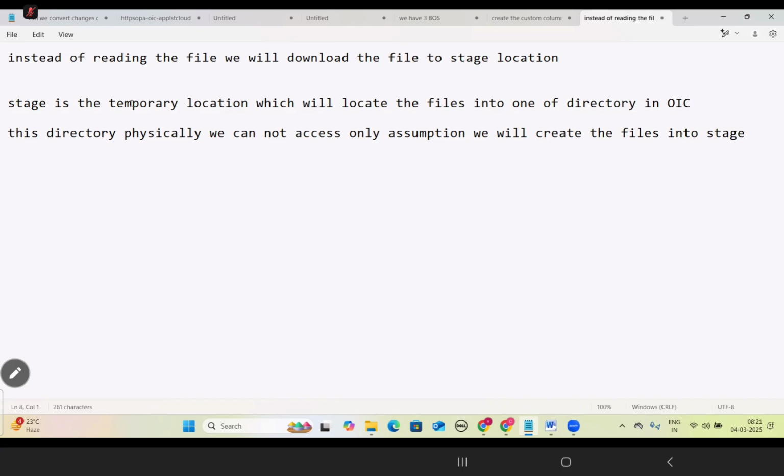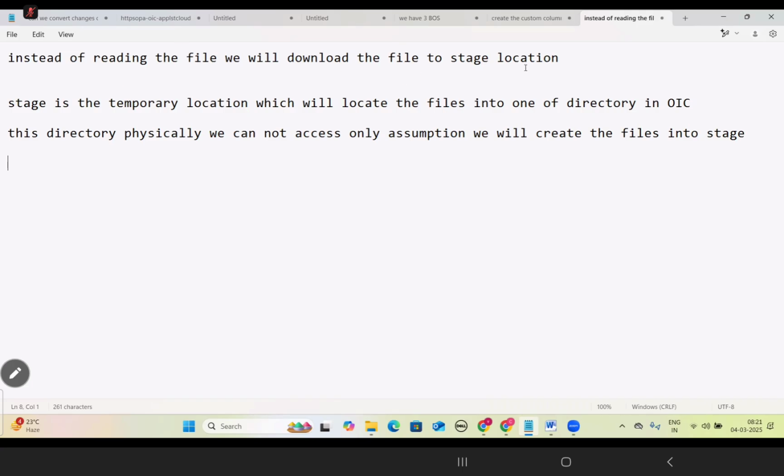So this is the way the stage temporary location will work. That means whenever the instance is accessing, only then can we access the files in this temporary location. So now instead of reading the file, we will download the file to stage location.